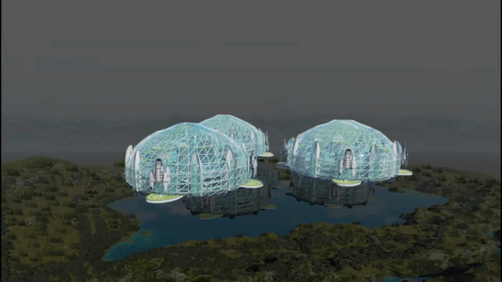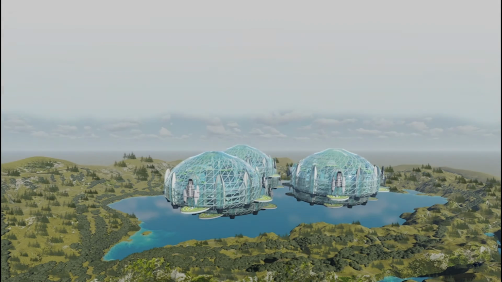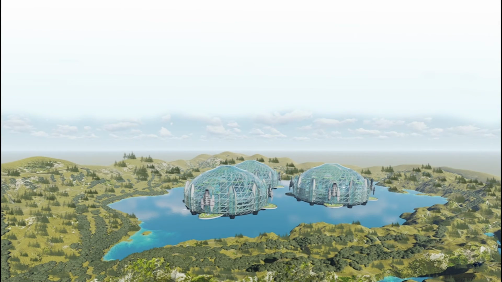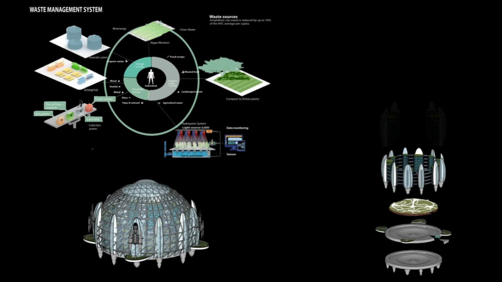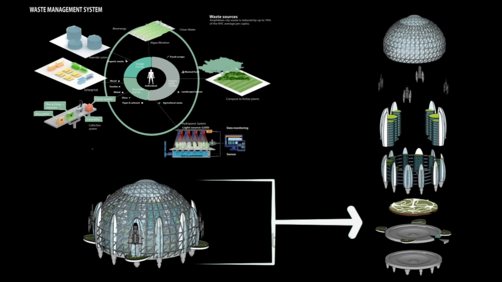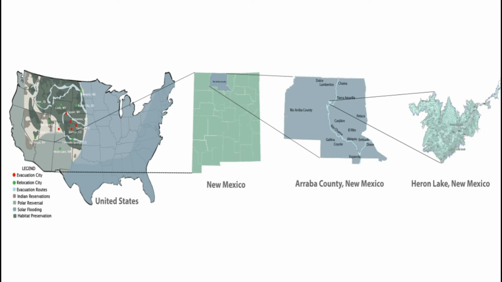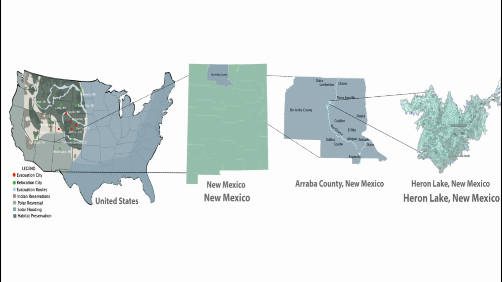We are building amphibious cities for people to be able to sustainably live on the water upon being relocated from the evacuation hub, which is located in Grand Junction, Colorado. We plan to create very well-rounded, closed-loop amphibious cities that are 100% functional and livable. The site we chose is on Huron Lake in New Mexico.